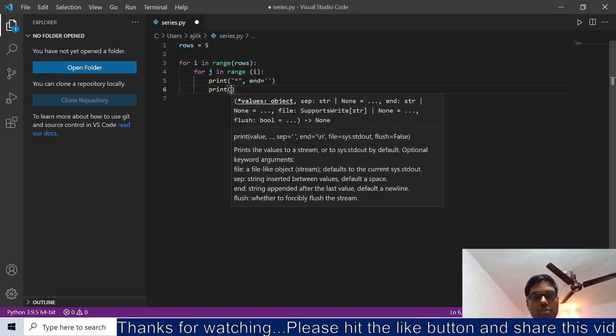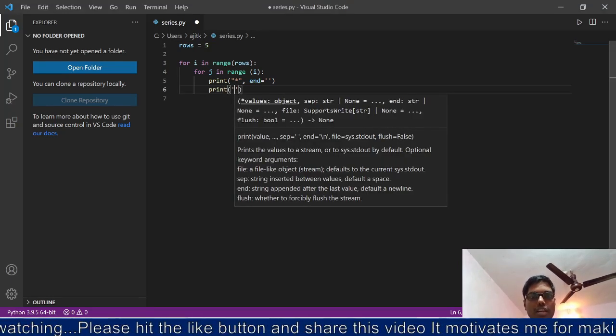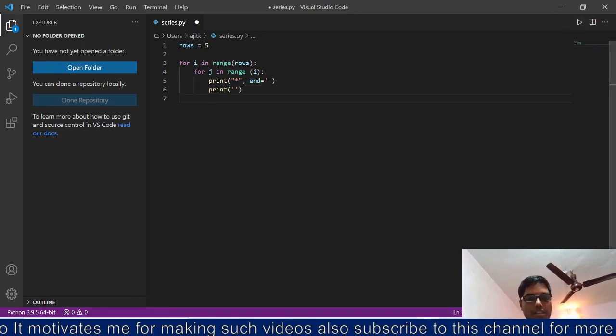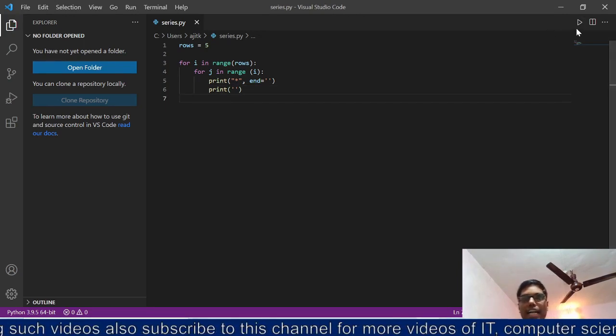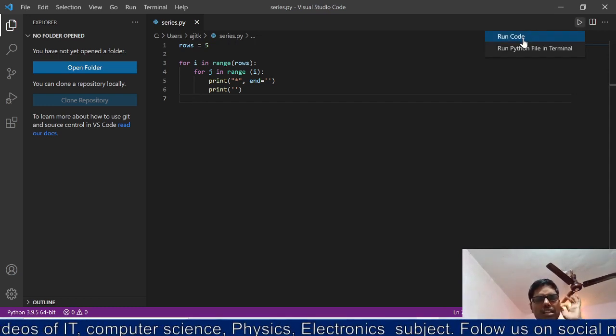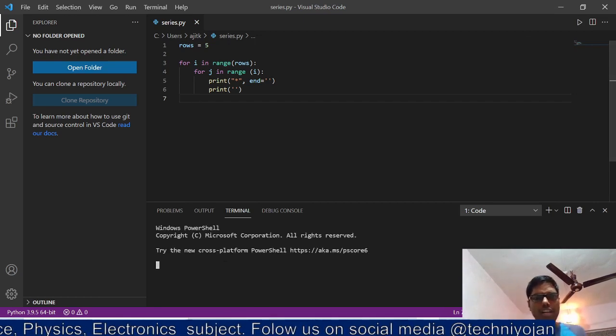So how will it be possible? In Python you give single quotes, and within the single quotes you give the space. So now we'll save it, and let us see whether the code logic written is right or wrong. So over here, see,